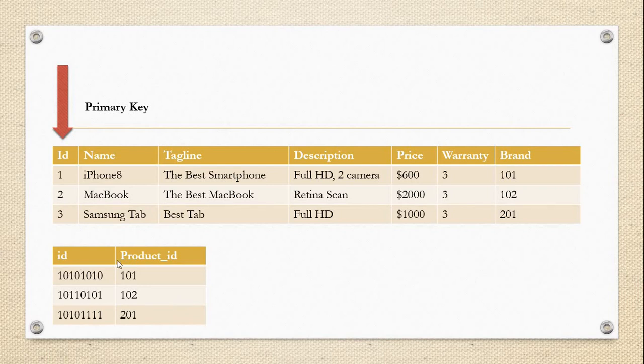We require, when that particular unique number, product 101. What is the 101? iPhone is there, and what is the unique number of iPhone? So this one is 10101010. This is the unique serial number of that iPhone. Now when that product will be purchased, we need to add that to the table. So we need to add a column called purchase date.